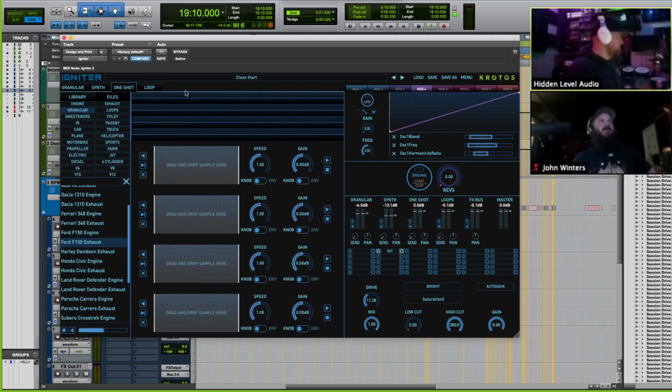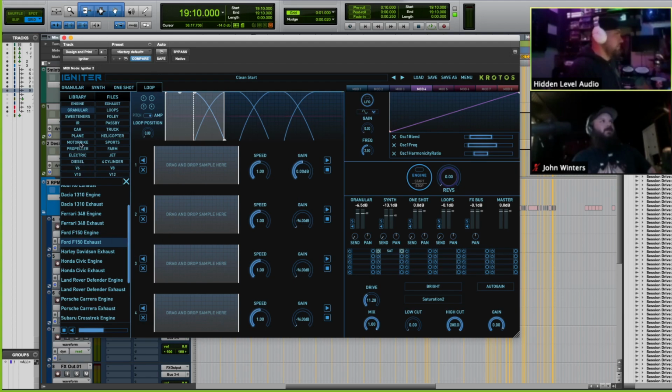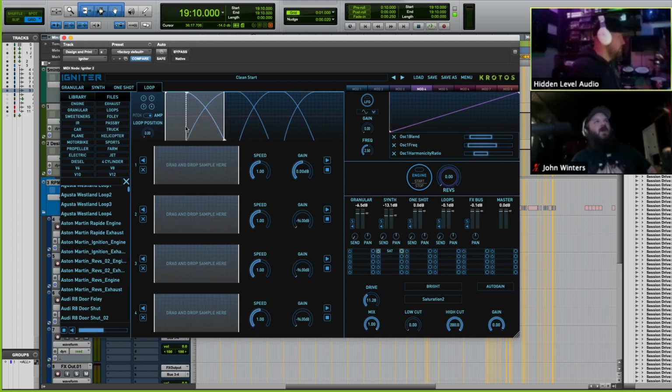Absolutely. And then you have this loop section, which you can drag 4 samples into, and then you can have it crossfade between the samples. So I like to take